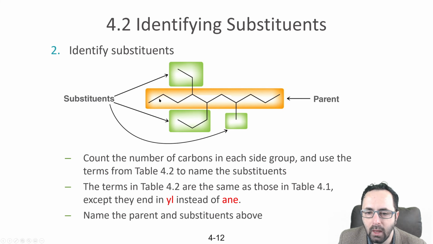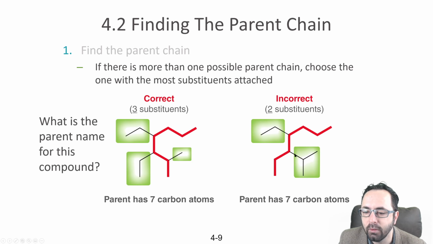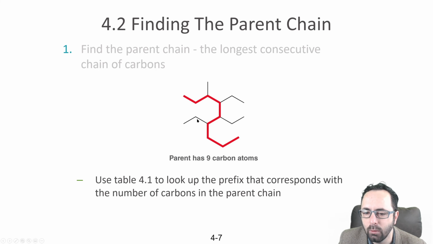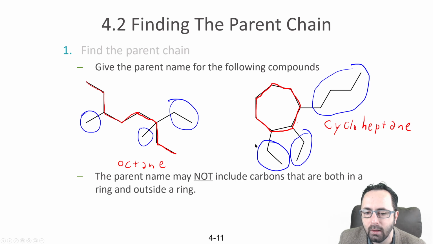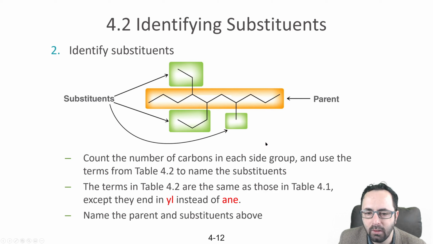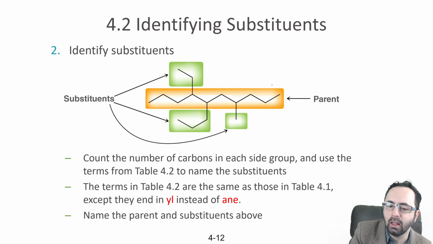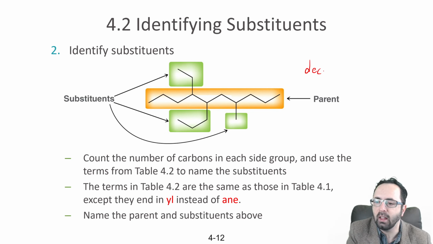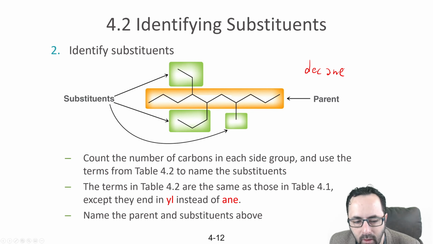Okay. So now that we've named the parent chain, and again, as I was saying, usually the parent chain is written crossways when someone's drawing a structure, because it's just easier to see where the longest chain is. Remember, going back a few slides, for these ones it was hard to see where the longest chain was because the longest chain wasn't written left to right. But here it is, so it's really easy to spot the longest chain. The longest chain here has 1, 2, 3, 4, 5, 6, 7, 8, 9, 10. And so this name is going to end with dec for 10 and ane for all single bonds.